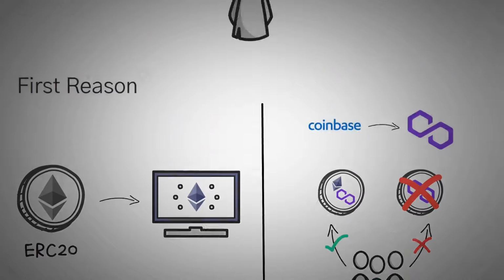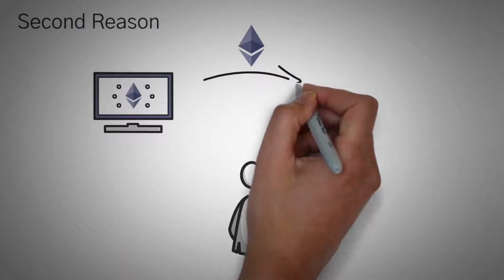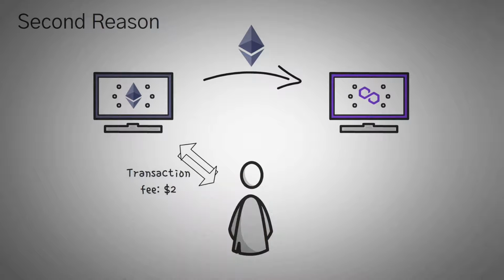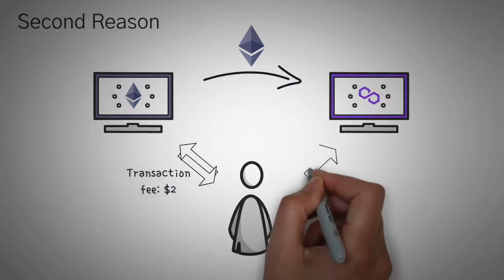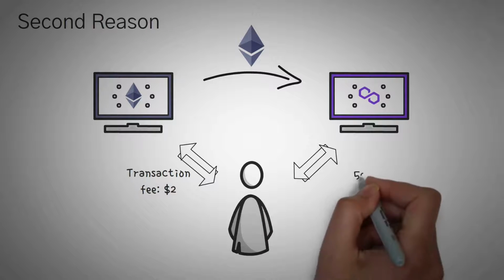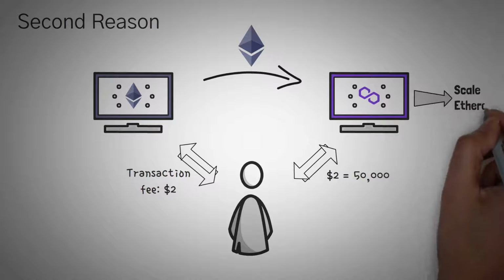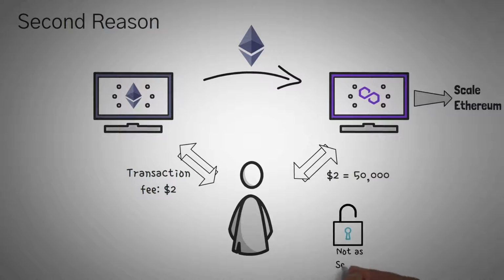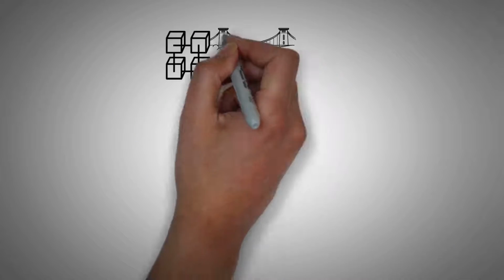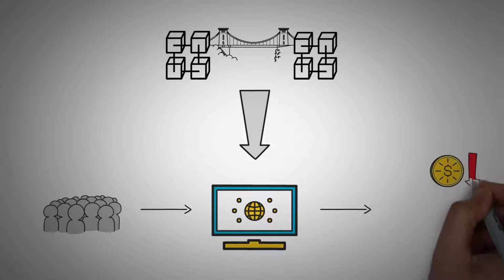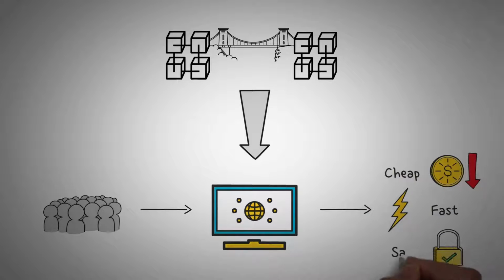The second big reason you would switch your Ethereum from the Ethereum network to the Polygon network is because a transaction on the Ethereum network right now costs around a minimum of $2, while a transaction on the Polygon network is so cheap that you can perform 50,000 transactions for $2. Polygon in fact was created as a way to scale Ethereum. However, it currently doesn't have the same security that Ethereum does. This is simply because by nature, Polygon is a bit more centralized. So bridges are needed so that regular people can more easily access new networks, and also because some networks are cheaper, faster, or maybe safer than other networks.